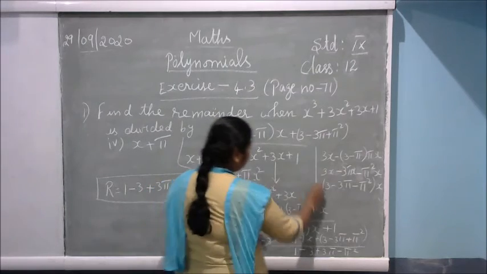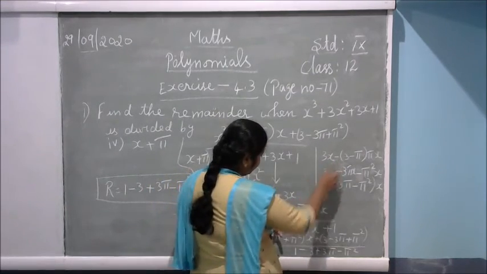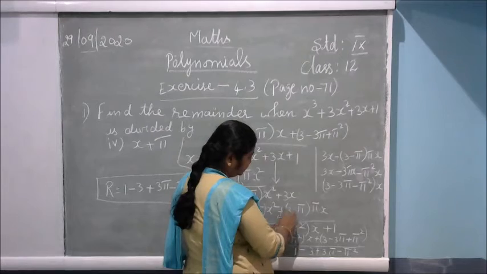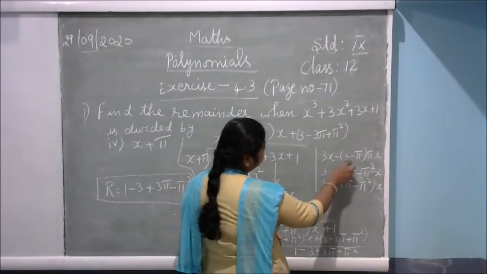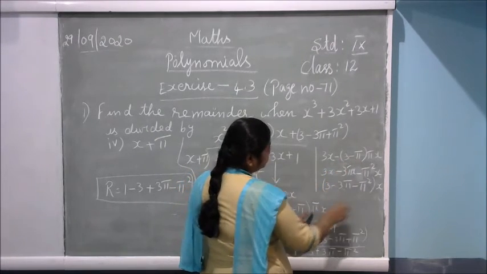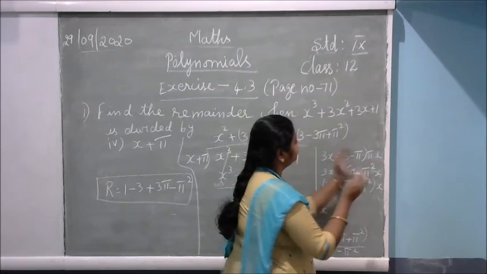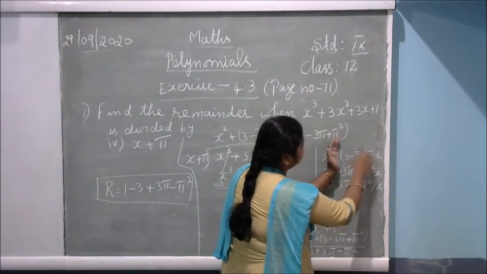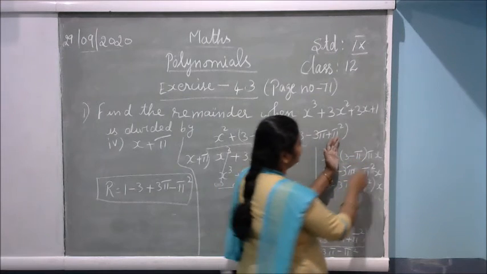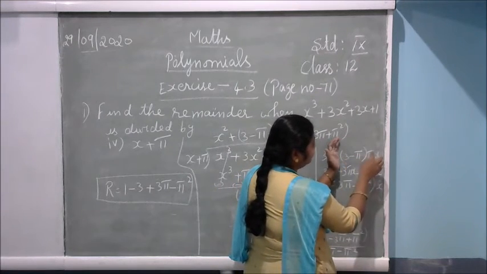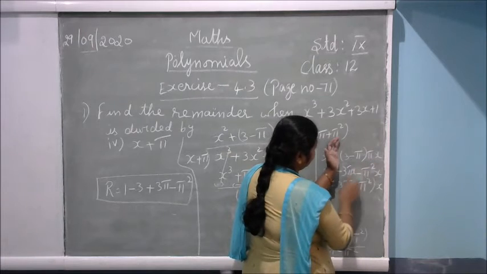So 3x minus, this is the minus. Okay, you have to change the sign now. So minus 3 minus pi. Outside also 1 pi x will come. Okay, so this pi x first you have to multiply with this inside the bracket numbers. Okay, with the 3 if you multiply with the pi x, 3 pi x will be.